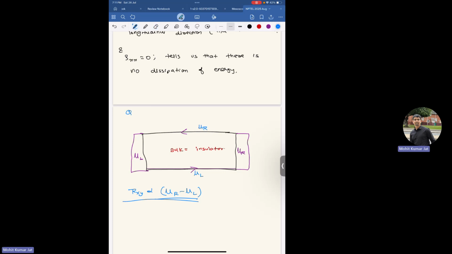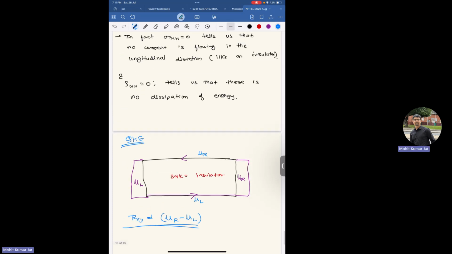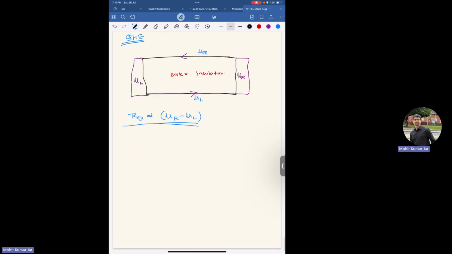And if you see it with the classical counterpart, it's very different. Your bulk is insulator. In the classical physics, your bulk is conductor. And if you want to understand this mathematically, how the sigma xx and the rho xx can go to 0 simultaneously, then remember sigma xx is nothing but rho xx by rho xx square plus rho xy square. And sigma xy will be rho xy by rho xx square plus rho xy square.